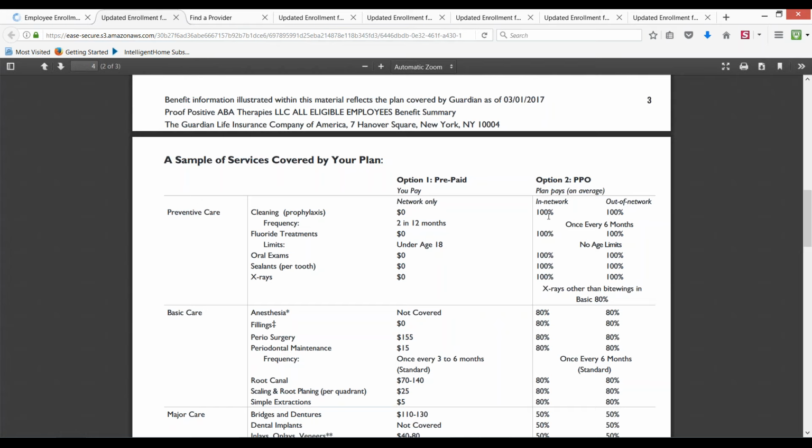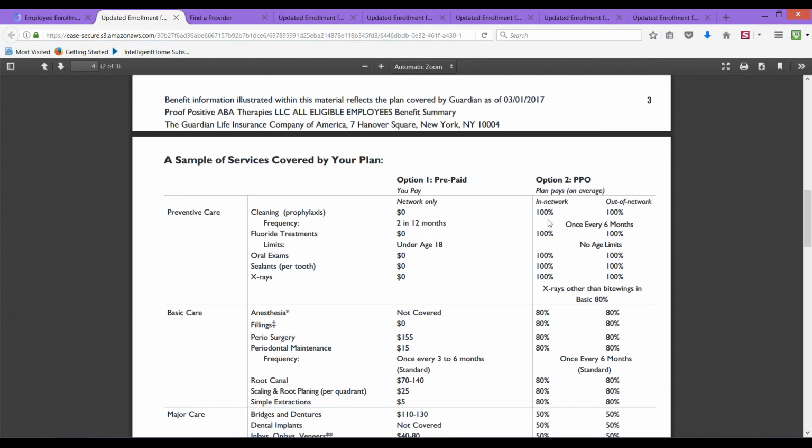Let me jump back for 1 second, because I apologize, I didn't make this one comment. On the HMO, there are definitely probably a third less providers in the state of California than there are on the PPO, right? The PPO probably has maybe 16, 17,000 providers in it. And the HMO is probably going to have about 6,000, okay? So on the PPO, there's definitely more to choose from, and more dentists are going to know the Guardian name.